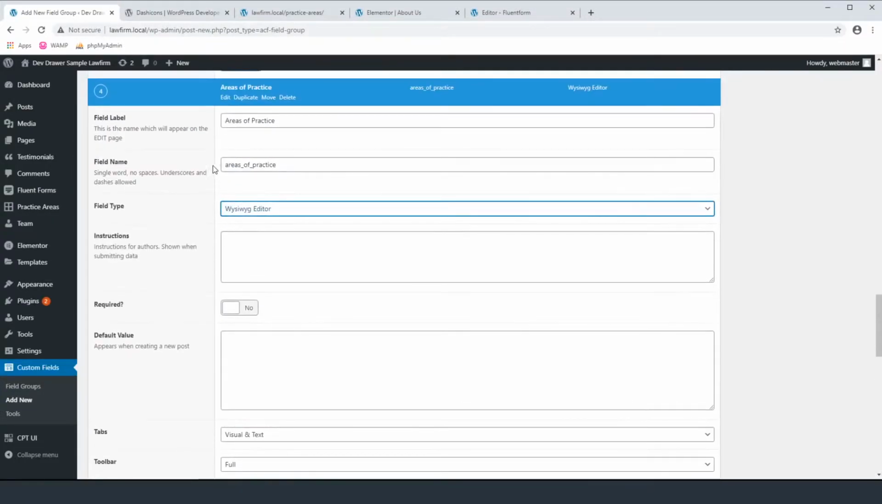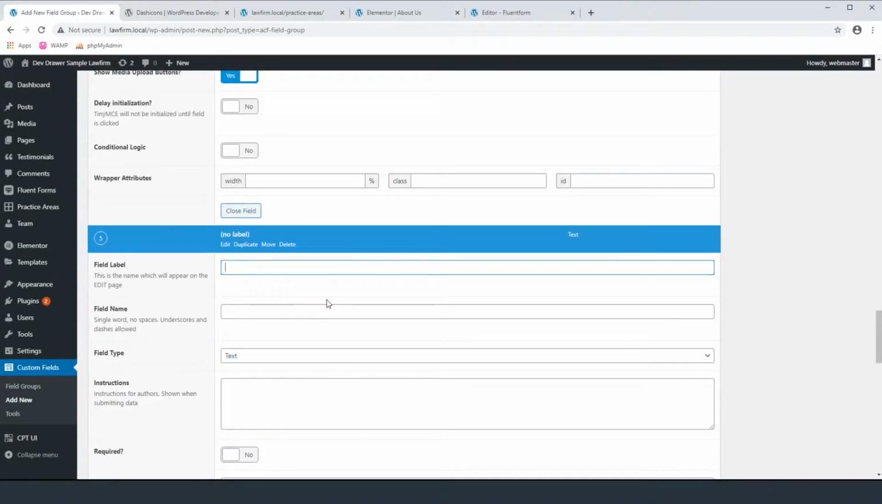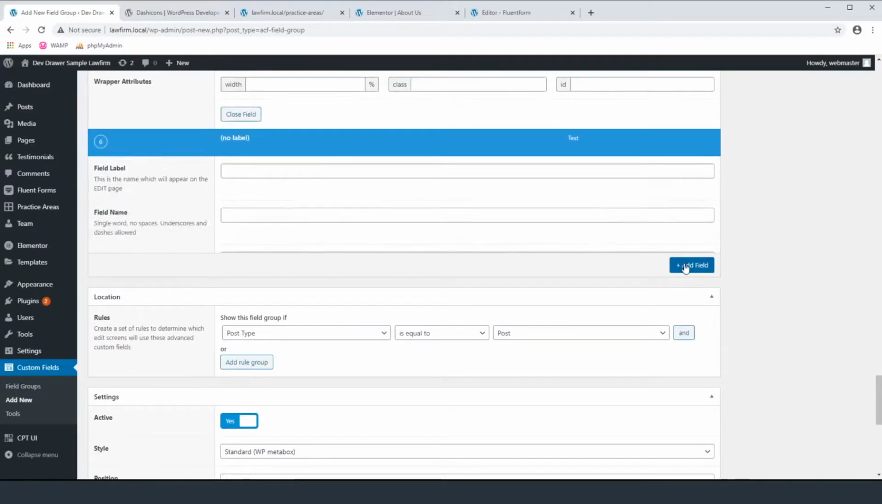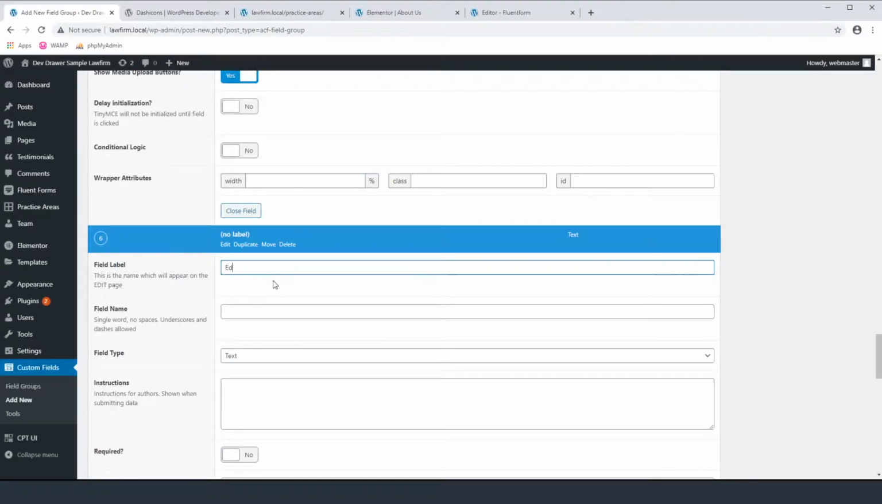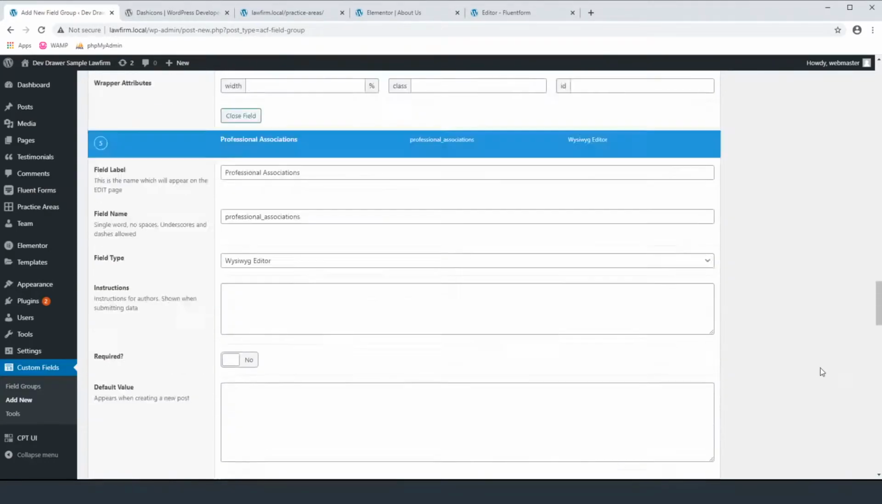I think that'll be fine. Let's add another field for professional associations, and then this one also is going to be a WYSIWYG editor, and then finally education, then WYSIWYG editor as well. Alright, so now we just need to make it show up when it's equal to a team member, and let's